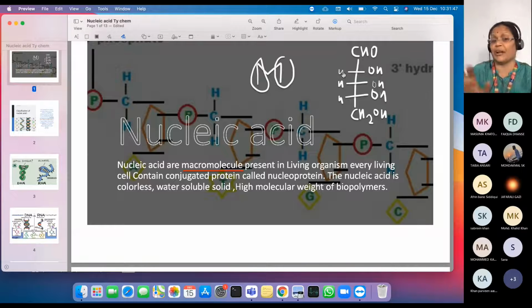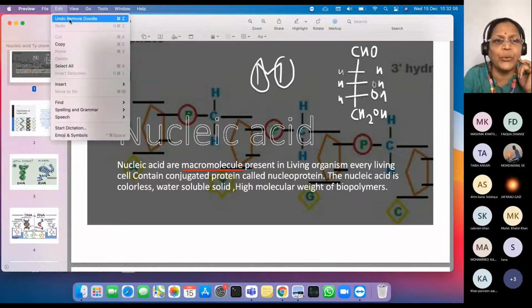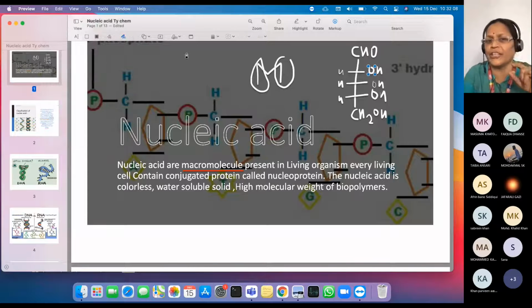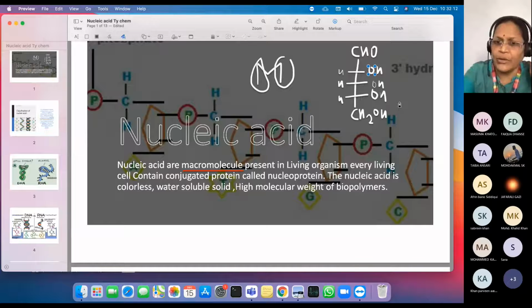Now this is your first carbon, okay? First carbon, this is the second carbon. If this second carbon's OH, I remove. Are you able to see? I removed that OH, the O from that OH. Are you able to see? I removed. If I undo now, you will understand. If I undo, that OH is visible. OH, correct? Now I remove.